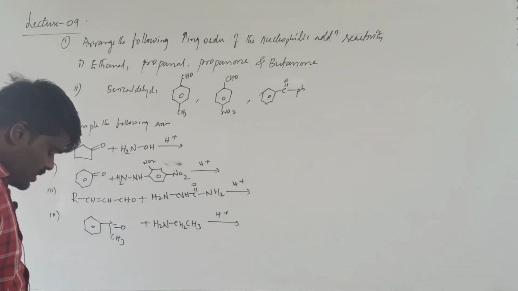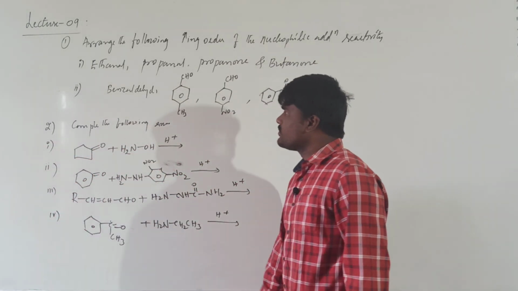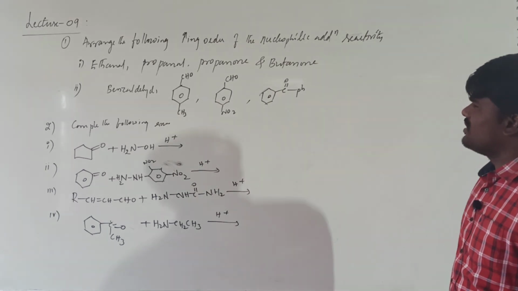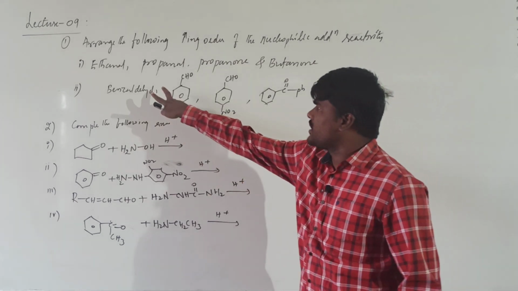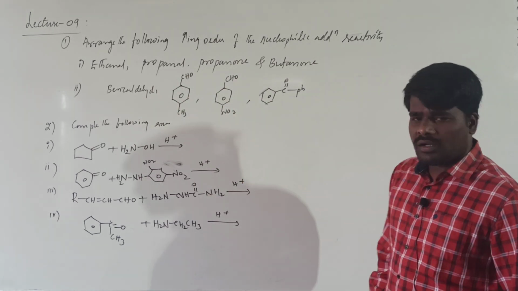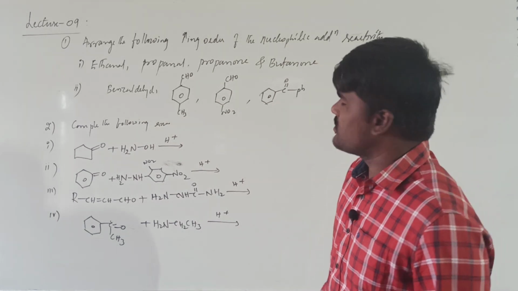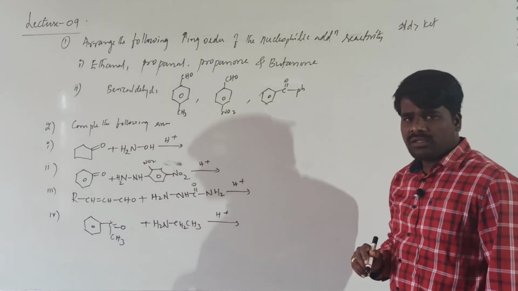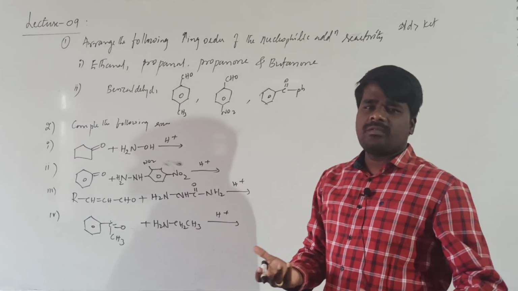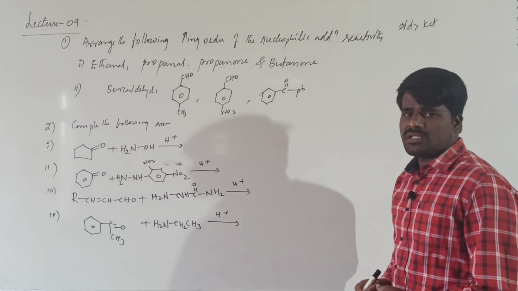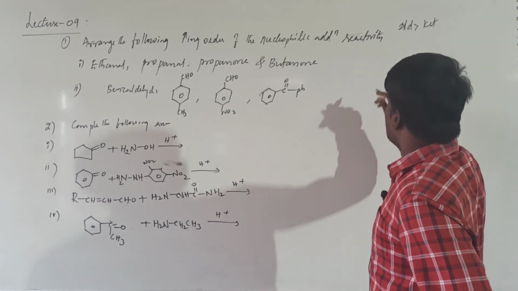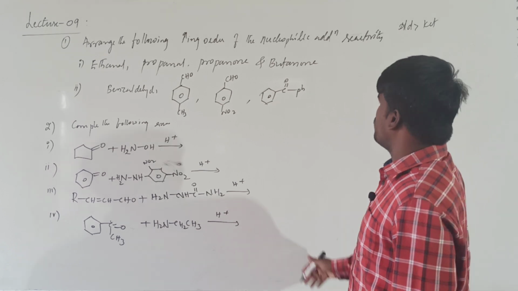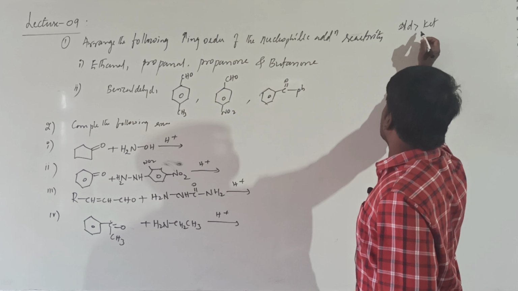Let us see the first one. What is the order of reactivity of aldehydes and ketones? Basically, we know that aliphatic aldehydes are more reactive than aromatic ones, and aldehydes are more reactive than ketones. He has given two aldehydes and two ketones. Reactivity is inversely proportional to the number of carbons. Among aldehydes, the more carbons there are, the less will be the positive charge on the carbonyl carbon, and the less will be the reactivity.